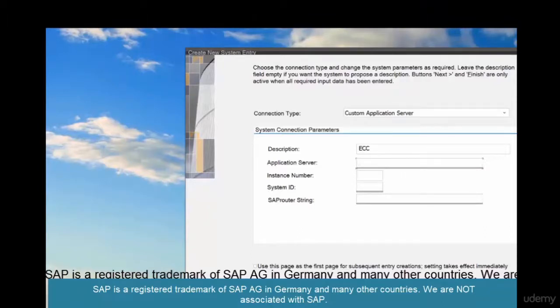For example, if you want to connect to Gmail, you connect mail.google.com, or if you want to connect to CNN, you say www.cnn.com, right? So if you want to connect to your SAP server, you can either use a domain or an IP address. Example, in my case, I'm going to connect to a domain,